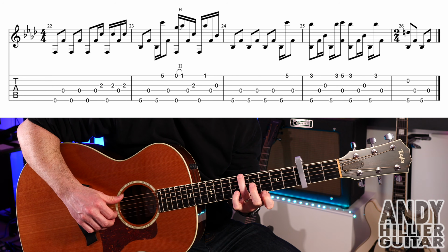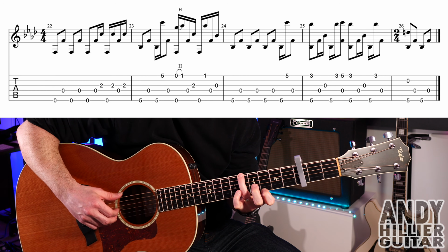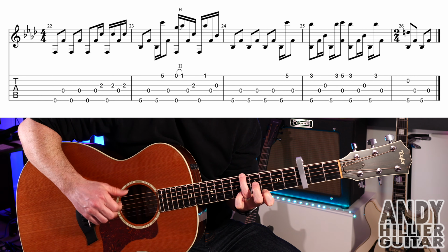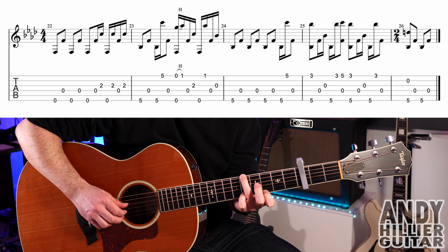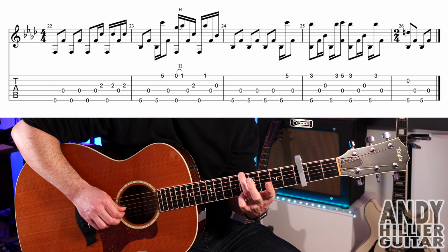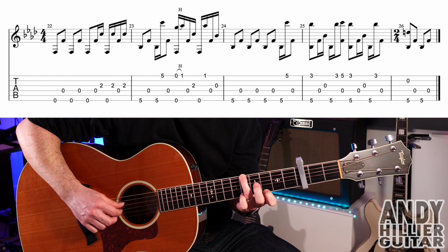we play E5 and E5 nearest to your face, and then E3 nearest to the floor, then D, G, E5 nearest to your face, E3 nearest to the floor, and then you're going to go to E5 nearest to the floor and the open D string. So slowly from the beginning of the bar you've got,